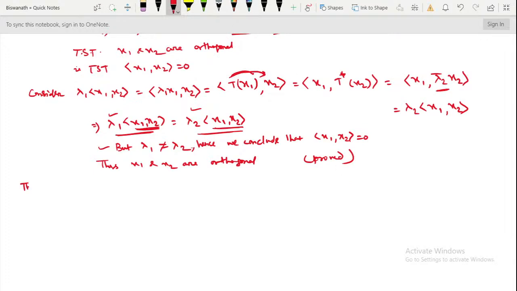Now I will see only the statement of another theorem. Only the statement. Let T be a linear operator on a finite dimensional